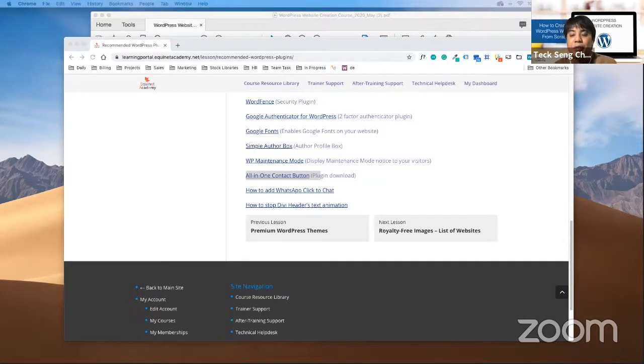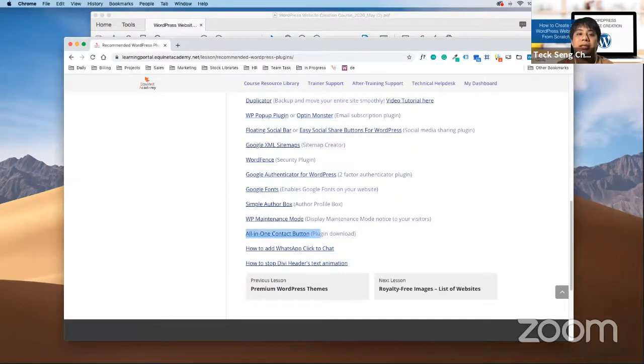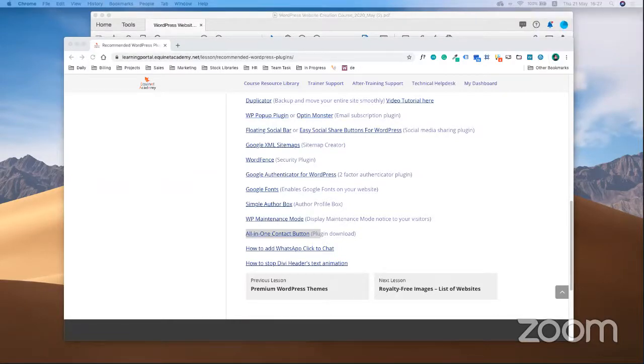After recommended plugin, you scroll down, you will see all-in-one contact button. Just click on it, then you'll download. Okay, Francis, okay. Anyone else have not downloaded yet? Can you all just let me know so that I can wait for you? I click already, then there's 3 icons: open, save.